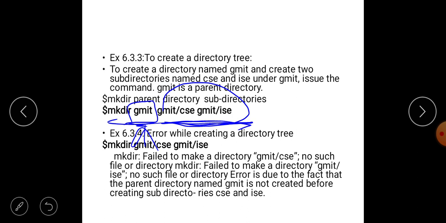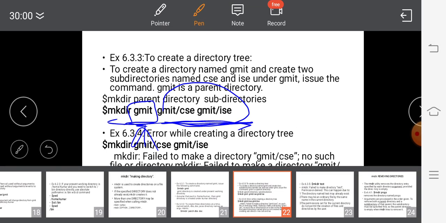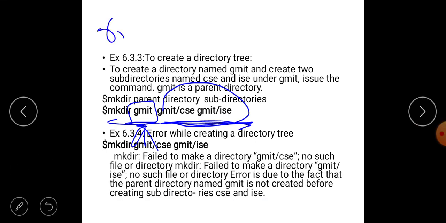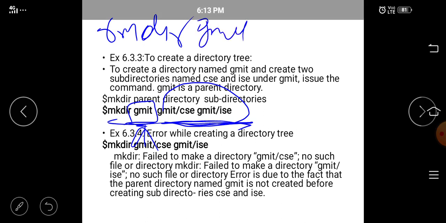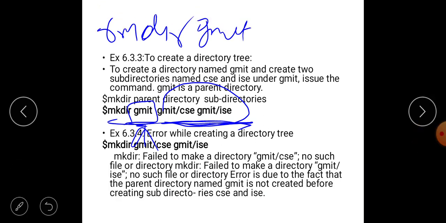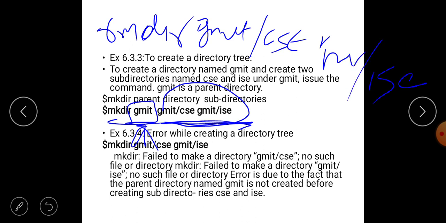Suppose this is how we are going to give the arguments for rmdir: rmdir space gmit/csc space gmit/isc space, then gmit.